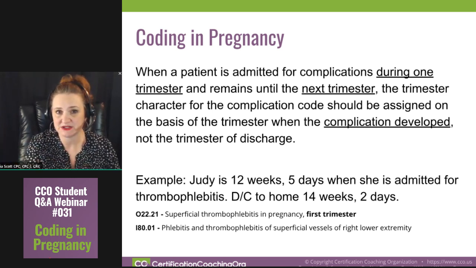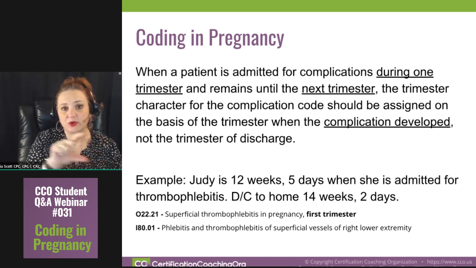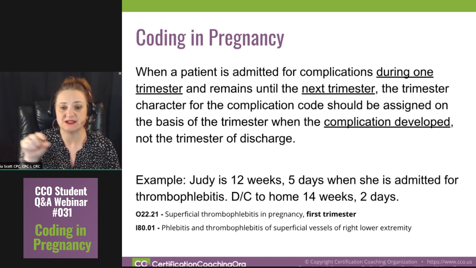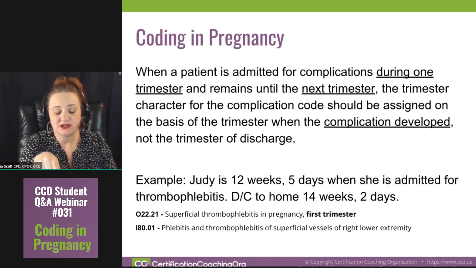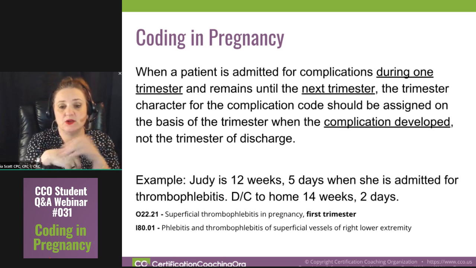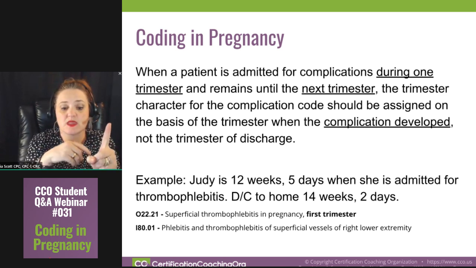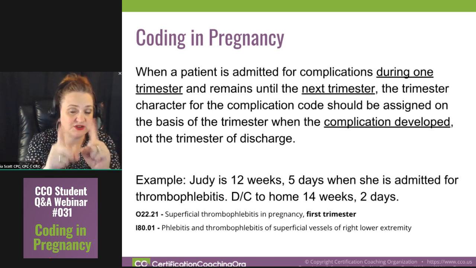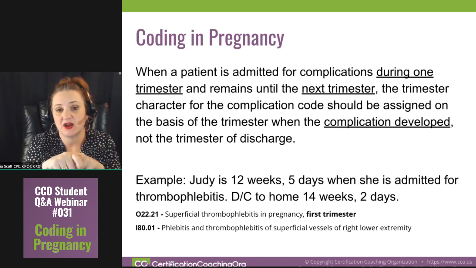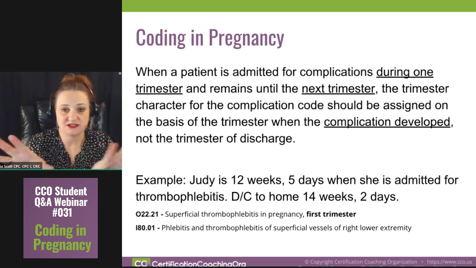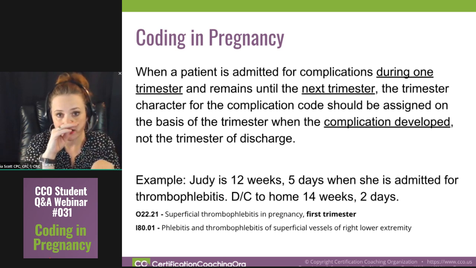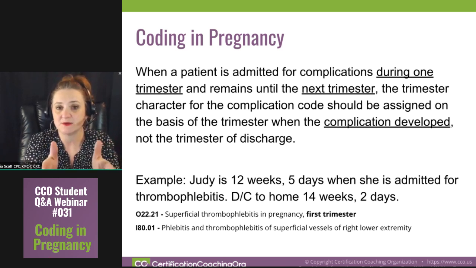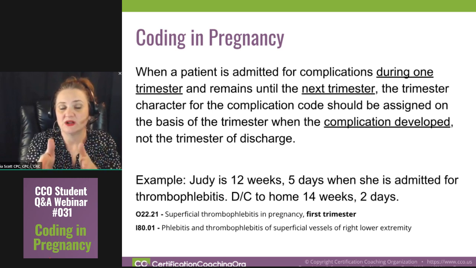Now, we just talked about the trimesters, and they're fluid. They just go from one trimester into the next. So what happens if you have a patient that is in one trimester and is admitted, and then they are discharged in the next trimester? For inpatient, that's different. Now, outpatient, just seeing the OBGYN on the routine visits, that's not going to be a problem, right? Because it's ongoing, you just list the complications. But if you're in-house, we need to know what was the reason the patient was admitted,